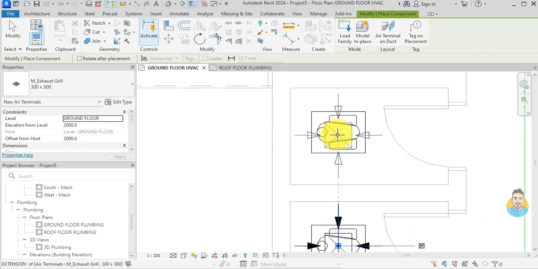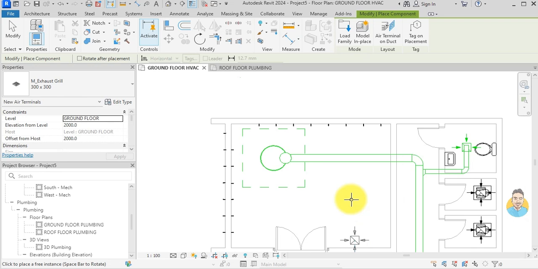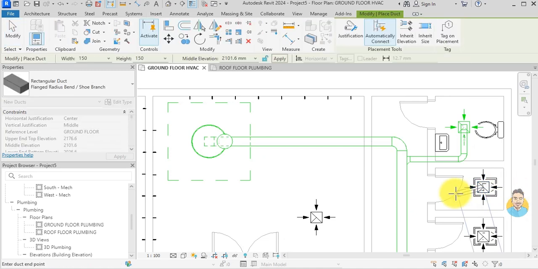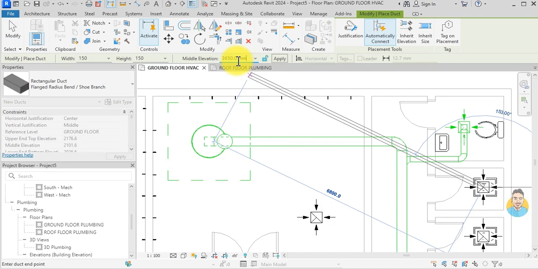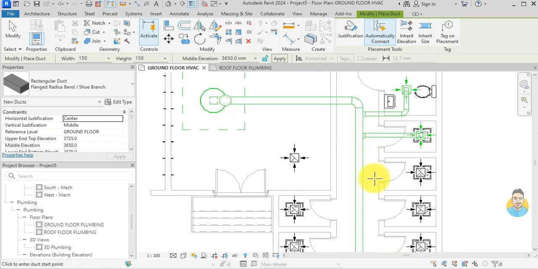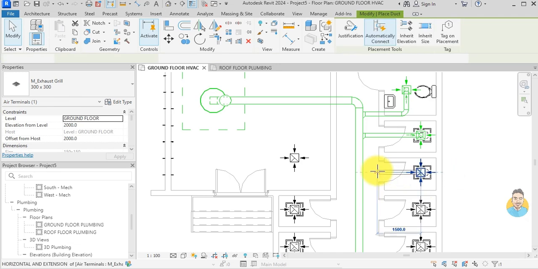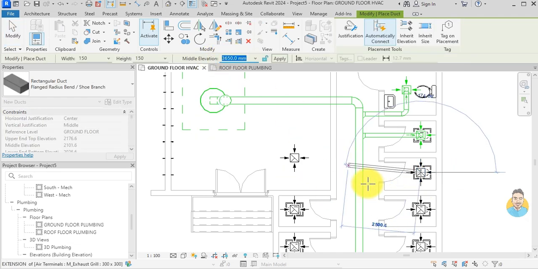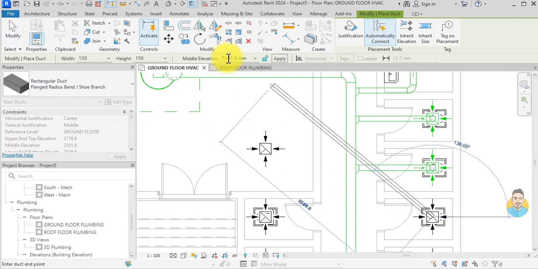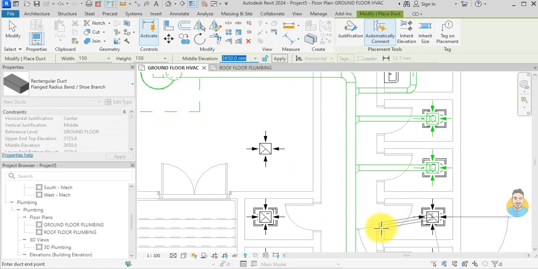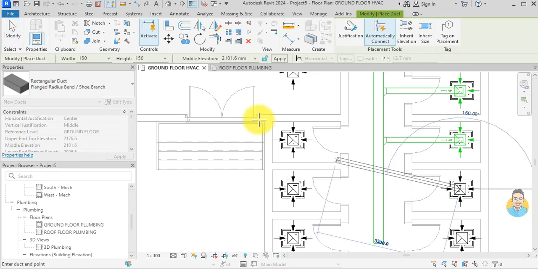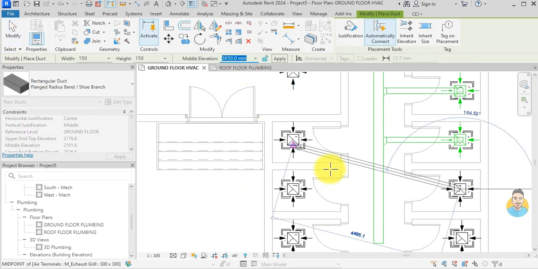And I click here. And I also want to put one here. And now I can just give it the same elevation, and I connect it. Give it the same elevation, and I connect it, escape, and then click here, give it the same elevation, and connect it, escape, give it the same elevation, and connect it,